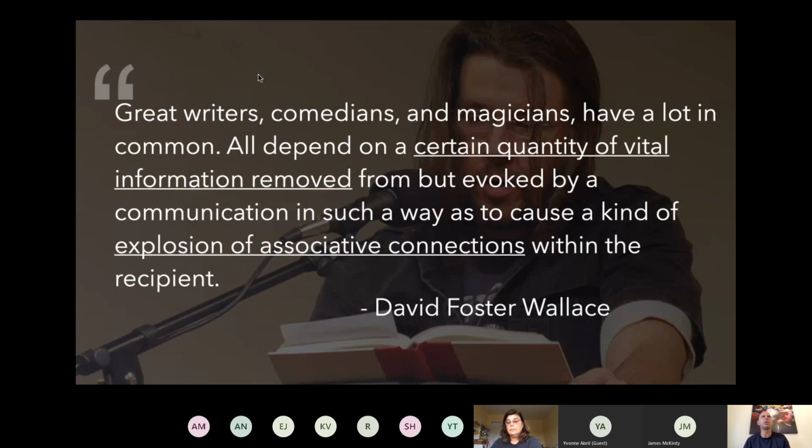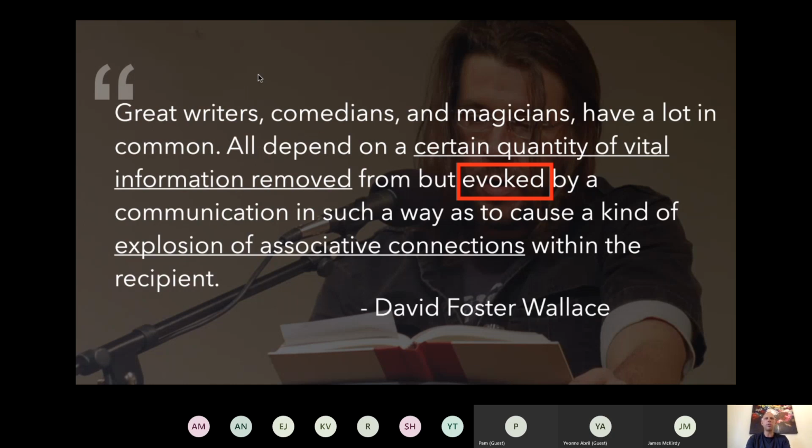So whether it's distance learning or in-class learning, I can't think of a better thing to do than to do this. You know, Wallace is referring to trying to write a book like Infinite Jest, which is thousands of pages long, but get the reader to want to do the work. Whereas for me, I want to think about my lesson as containing a lot of complexity that they have to negotiate. However, I want them to want to do the work.